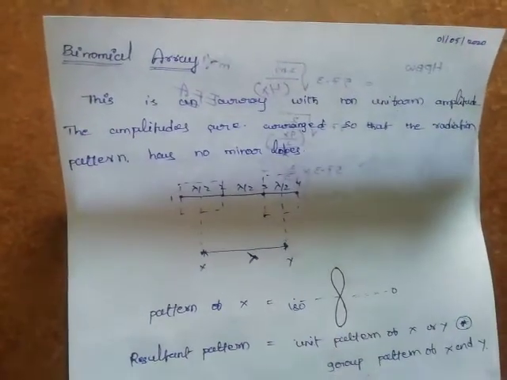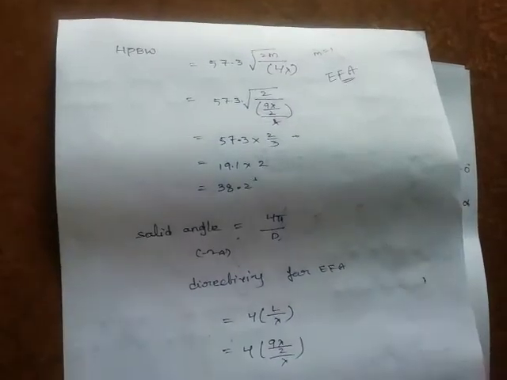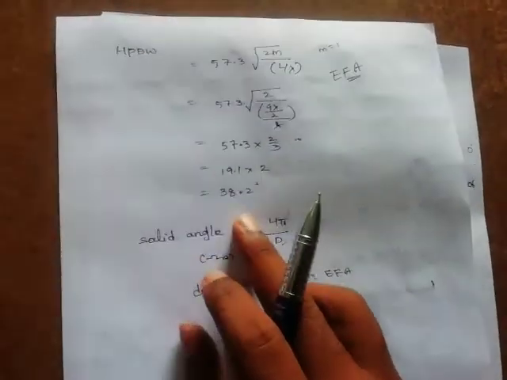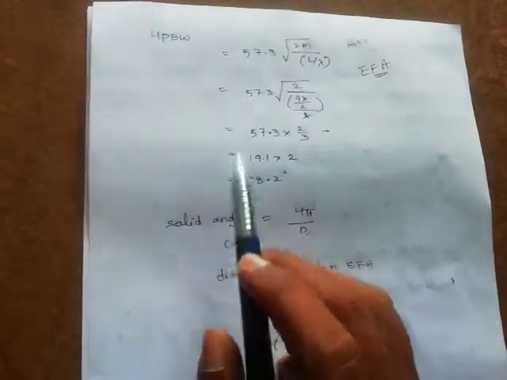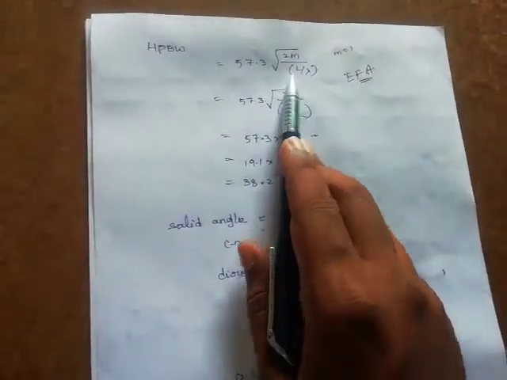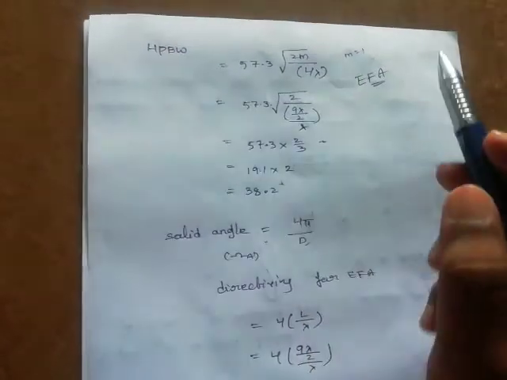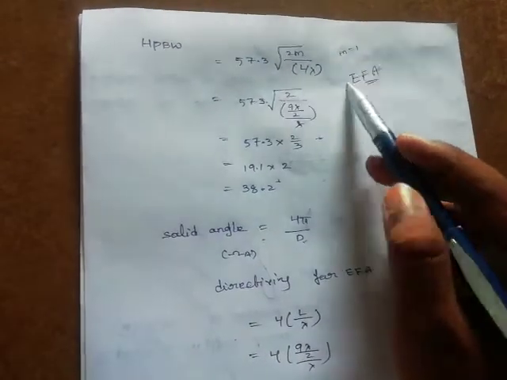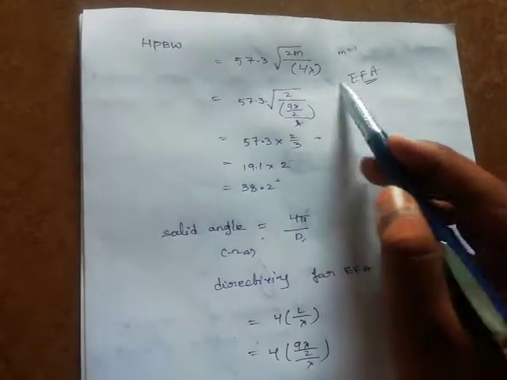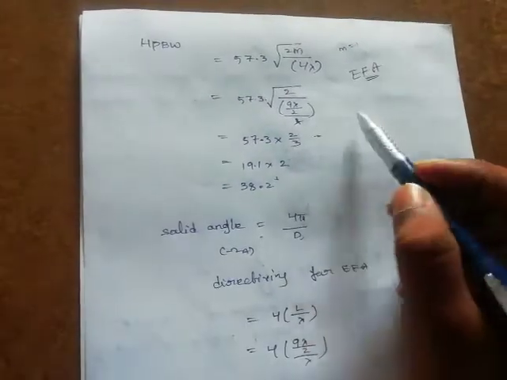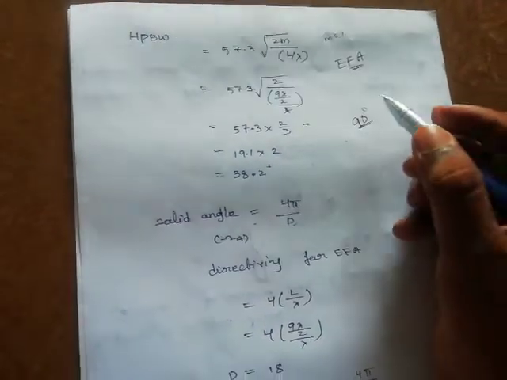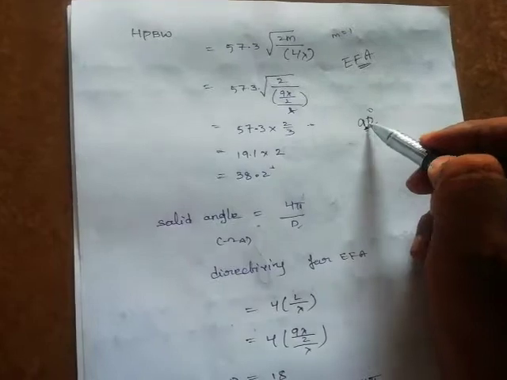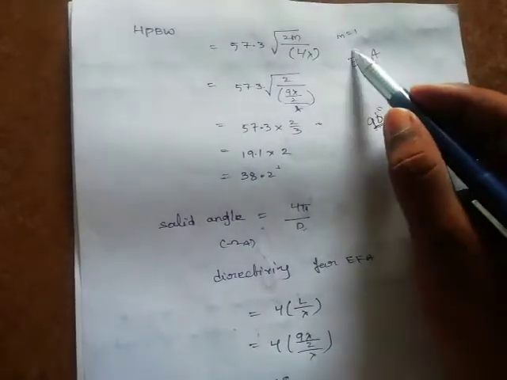Actually, in the previous video, unfortunately, the explanation of the middle of this problem was dropped. In that problem we have to find the half power beamwidth. This is the formula for that, and it is the case of an endfire array. How do we know that this is an endfire array? Because here they have given a phase shift of 90 degrees. Only in an endfire array will you get the phase shift; the phase is going to vary. That's why we can conclude that it is an endfire array.